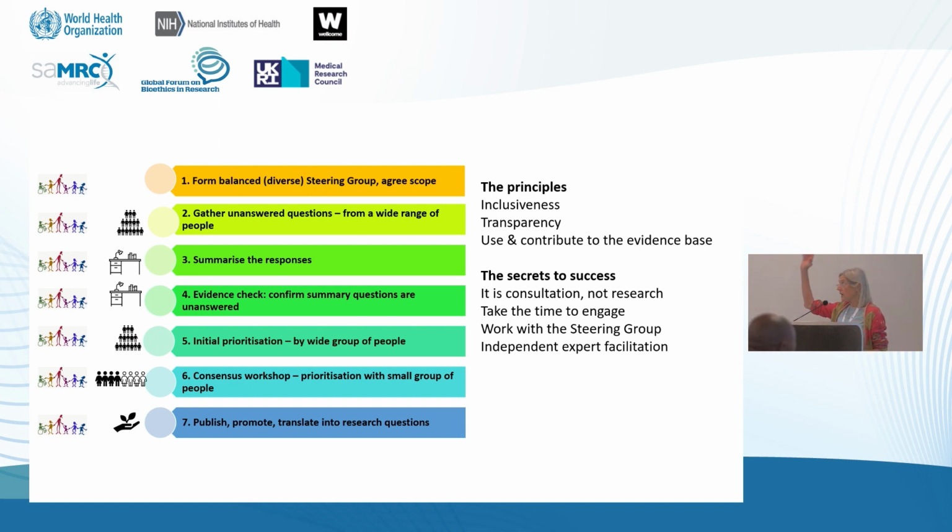This slide shows you there's actually 7 steps to the process. The little symbols on the left indicate, for example, the steering group, which is a diverse group of people who are absolutely fundamental to the process, who have been selected and recruited as key stakeholders of the process. And as you've heard from others, one of the great principles is that that steering group is largely composed of people who will be end users, people with lived experience. It's a very grounded approach.